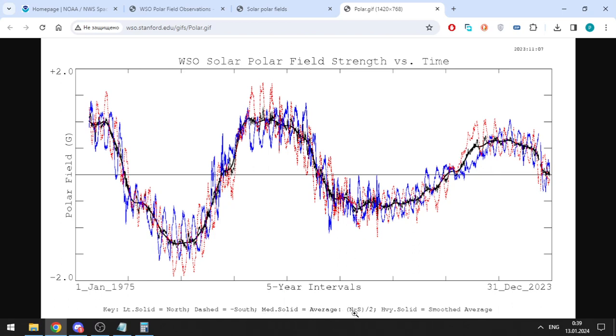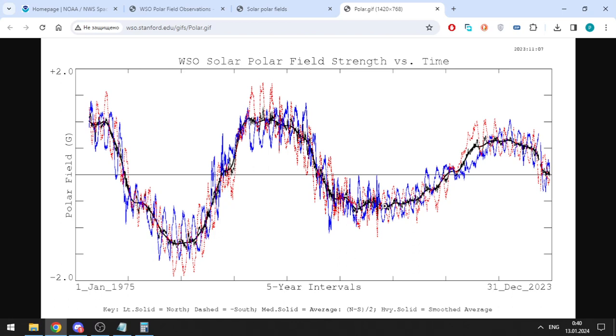We take north value minus south value, and we divide it by 2. We get this oscillating part, but which is kind of signless now, if you know what I mean. It just indicates the asymmetry, and at the same time it indicates the absolute value of the overall field. And if you smooth it with this filter of 20 nanohertz, you get this